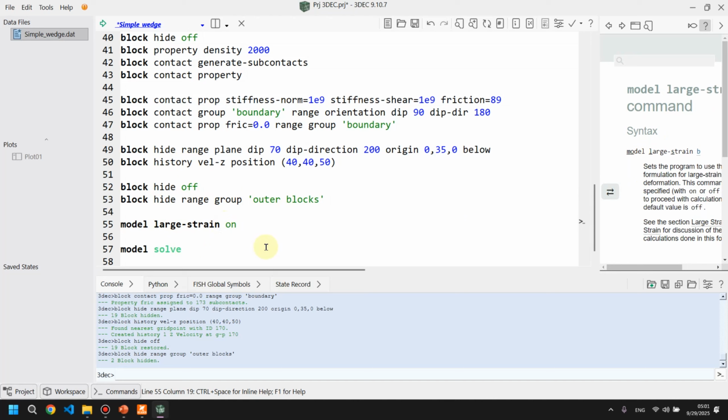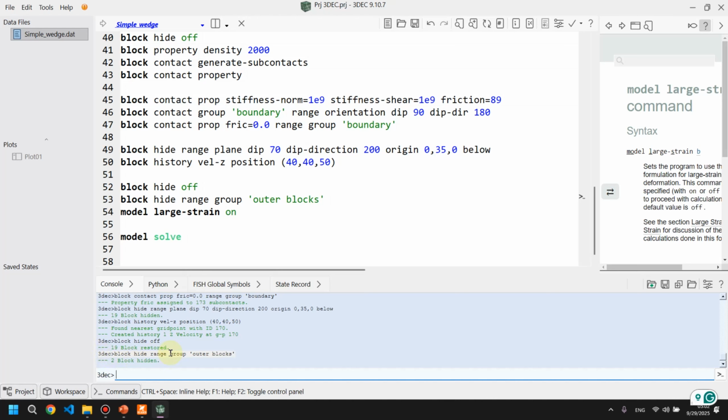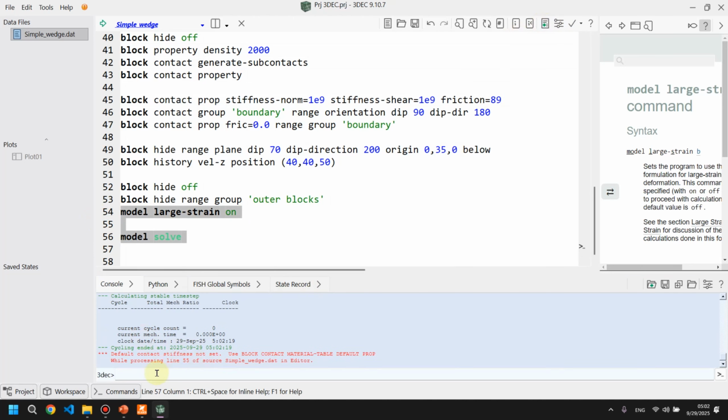We should write for the software to do the calculation and solve the model in largest and smallest. I'll explain about it, the largest and smallest. Don't worry about it. After completing all of the details, we can solve the model by model solve or model cycle or model step. Let me execute the last one line of code we executed, block hide range group outer block. Select these two lines of code and execute. We have